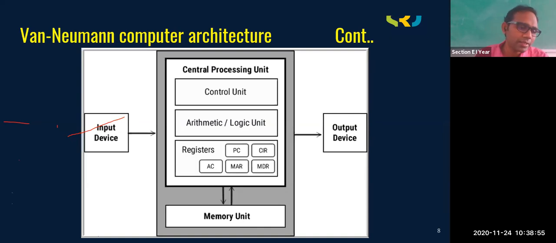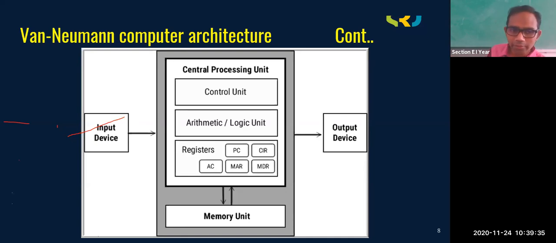Now, what are the devices that we have? We have the mouse. Mouse is an input device. Then we have a keyboard. Keyboard is another input device. Suppose you have a touch screen on your laptop or desktop, then that touch is also called an input device, because you are moving your hand, and something is given as input to that particular machine. A mobile phone is the best example of a touch screen. So touch screen is also an input device. Suppose you are using a graphical tablet, a pen-like thing that is going to give input to the system. For example, you might have visited the RTO office for taking the license. There you will be given a graphical tablet.